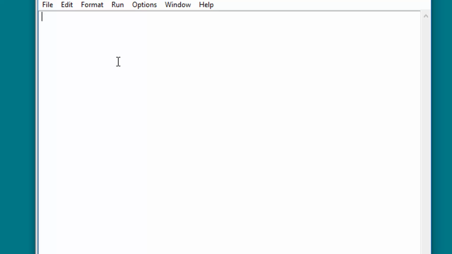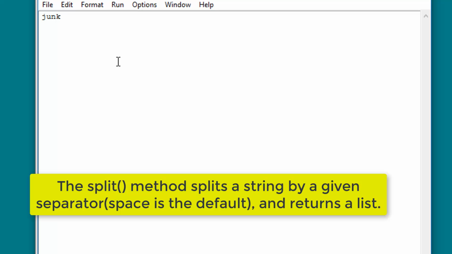Now we're going to work on using the split method. So let's make a string. And let's go back to our favorite, the quick brown fox jumps over the lazy dog. Okay, so we have a string here,